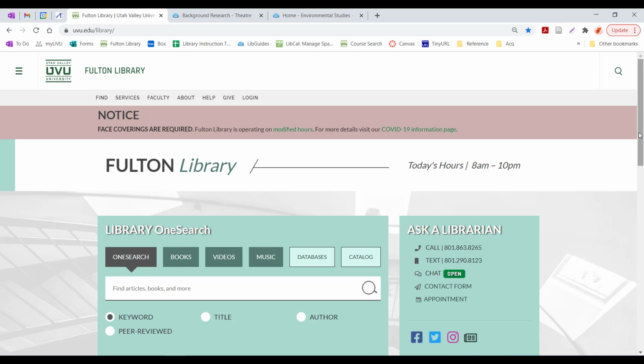I'm a reference and instruction librarian at the Fulton Library, and today I'm going to be giving you some hints for completing your problem background essay. So most of the resources that you would need to find for this essay can be found using the Fulton Library website,